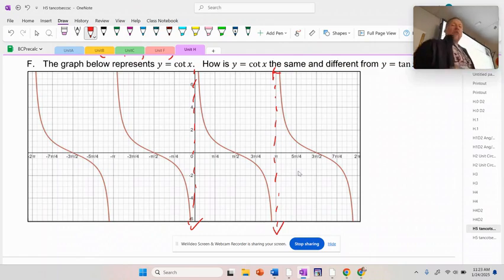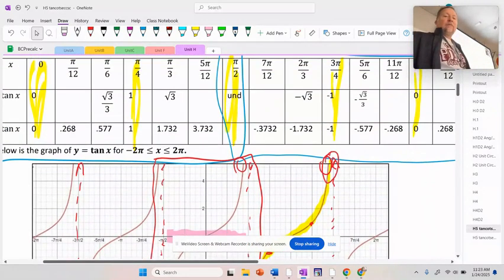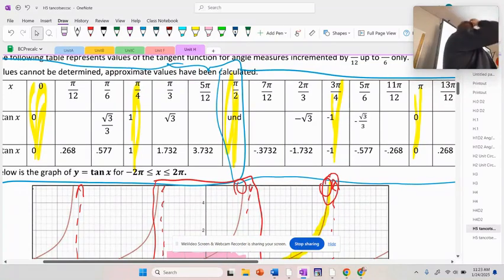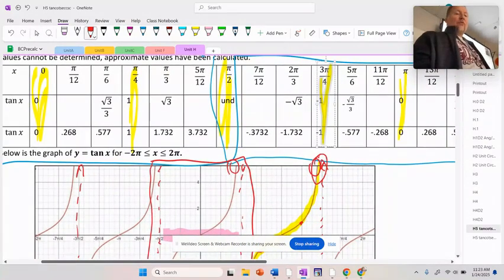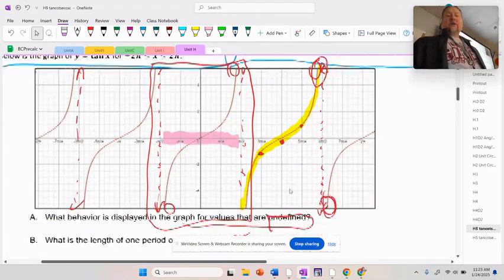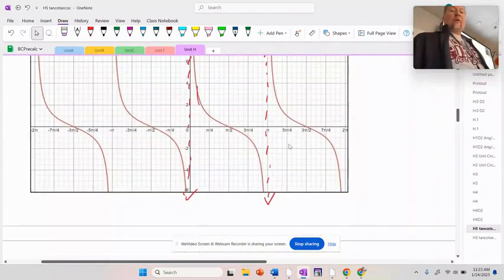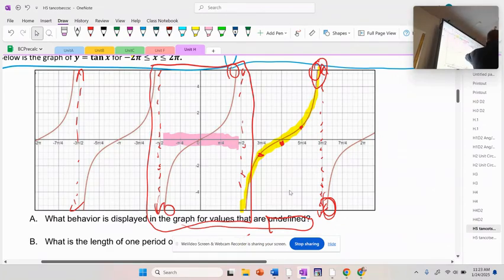And then why is this like this instead of increasing? It's because of the flip of those y values. What I used to do is put cotan right below tan and then just flip all these y's, and then you would get the picture that you'd expect to see. So you're going to have to remember tan is what? My hand is going up as I read left to right. Tan is